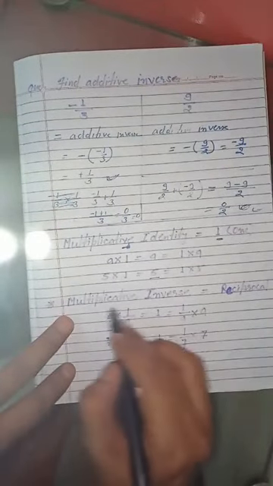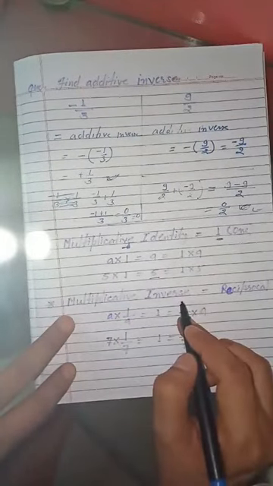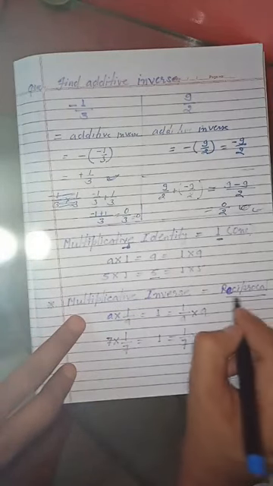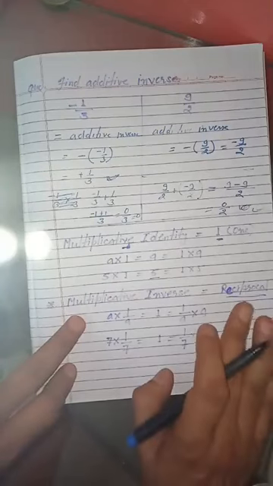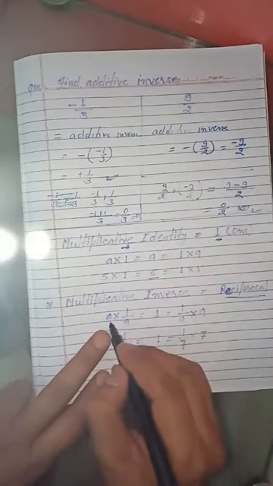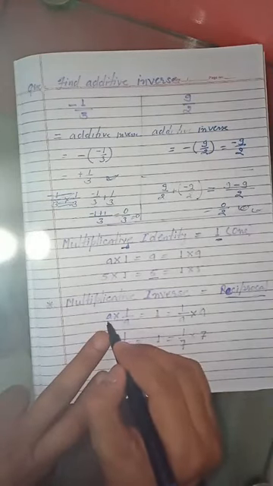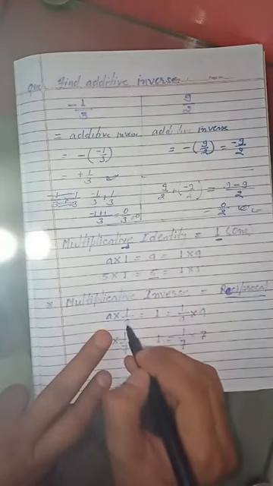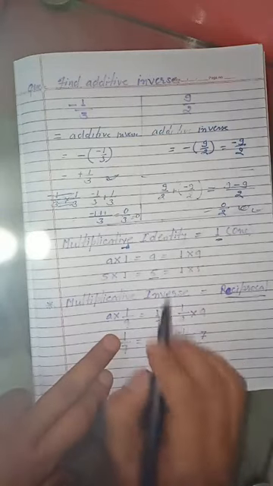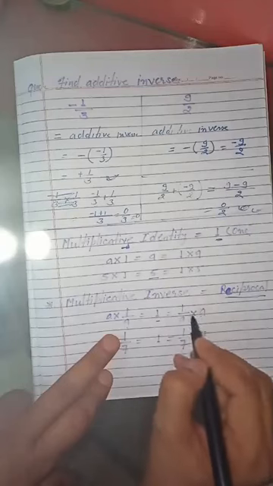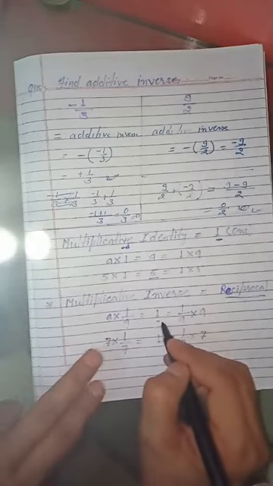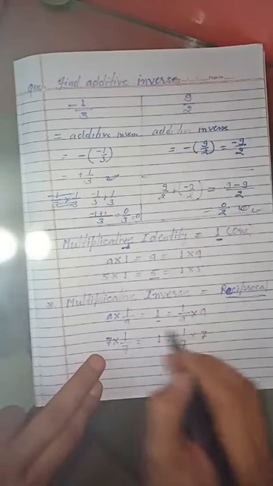Now we will see the multiplicative inverse. What is multiplicative inverse? Multiplicative inverse is just the reciprocal of that number. Okay. Now what is the multiplicative inverse of a? It is the reciprocal, that means we will flip it, 1 upon a, and multiply both. Then you should get the multiplicative identity. Or if you multiply the reciprocal with the number, you should get the identity. So that is multiplicative inverse.